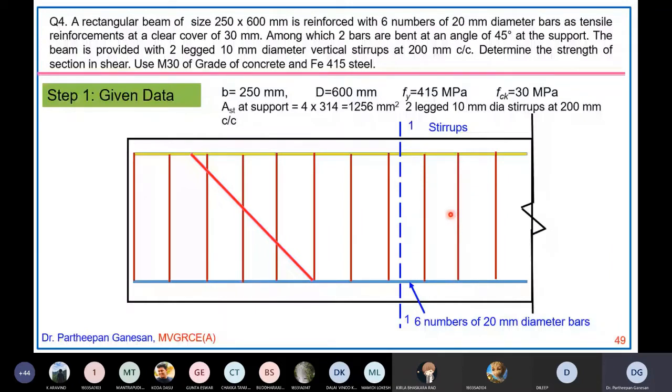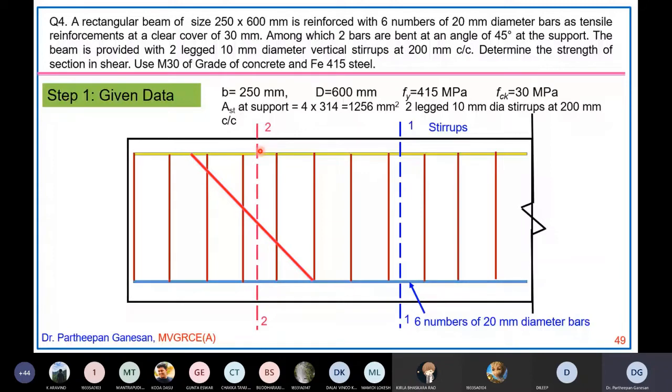Now, if you come to section 2.2, how many tensile steel bars will be there at this place? Here 6 numbers are there, and out of these 2 are taken to the top. The remaining will continue till the support. So how many will be there here? 4. 4 tensile steel bars will continue from here to the support end. Now at section 2.2, what kinds of shear reinforcement are there?